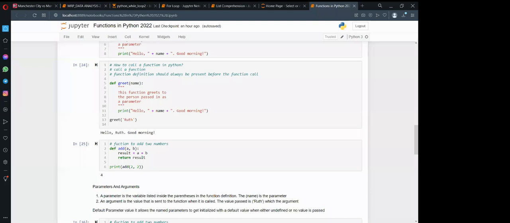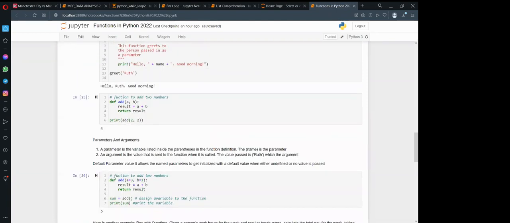If you look at the print statement, the name will be picked from the defined function greet. But how do you call the function? You write the name in brackets, then you provide it with the data.